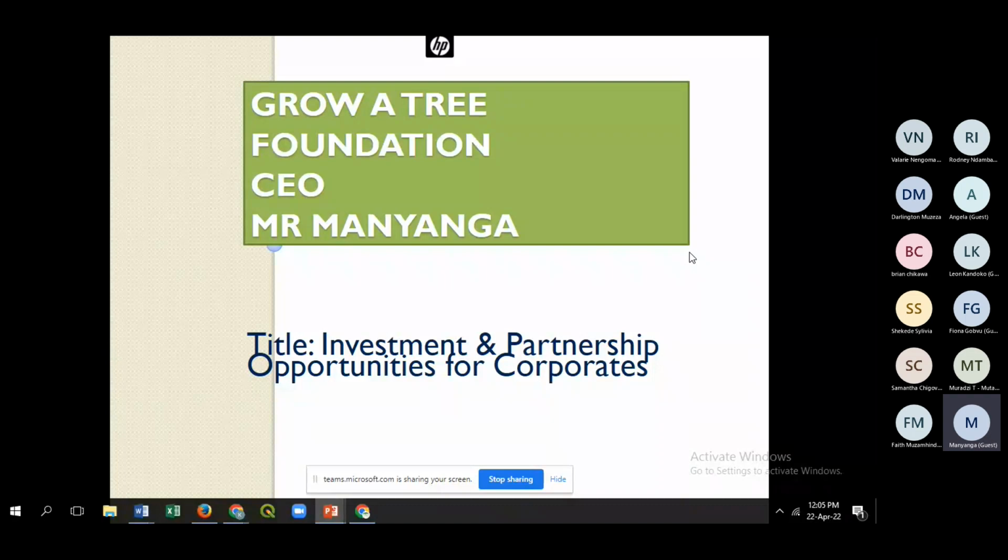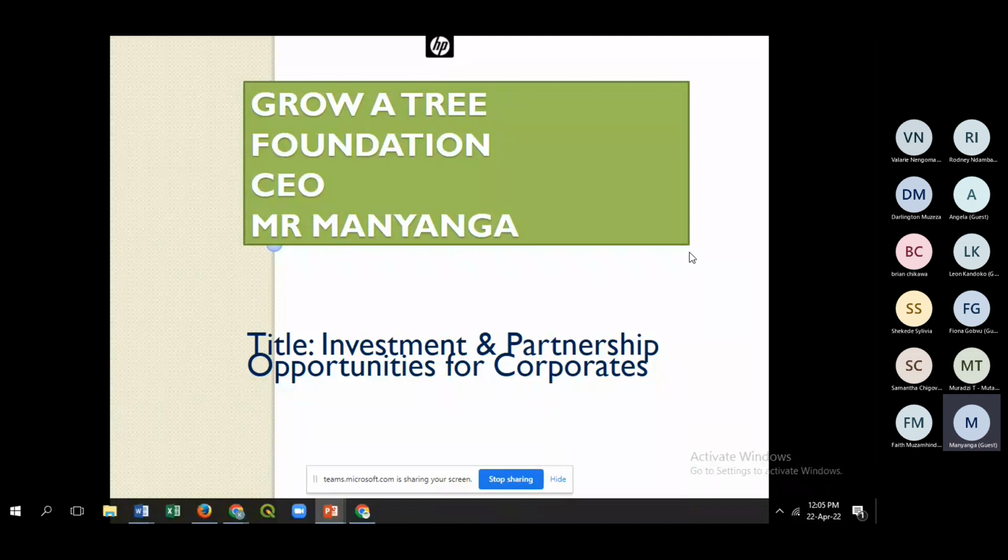I'm also using an example of Dairyboard because I've noted that one of our colleagues is here. So what Dairyboard can also do is to ensure that it changes its whole transportation system and makes it electric. In that manner, it can also reduce its carbon footprint. But these investments do not come cheap. They are very expensive. They also disrupt the manner in which we operate. So we understand that it takes time.